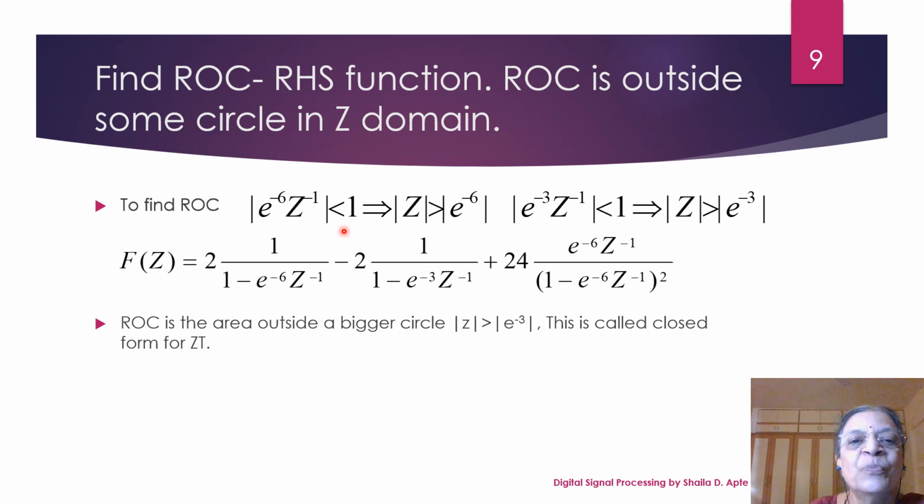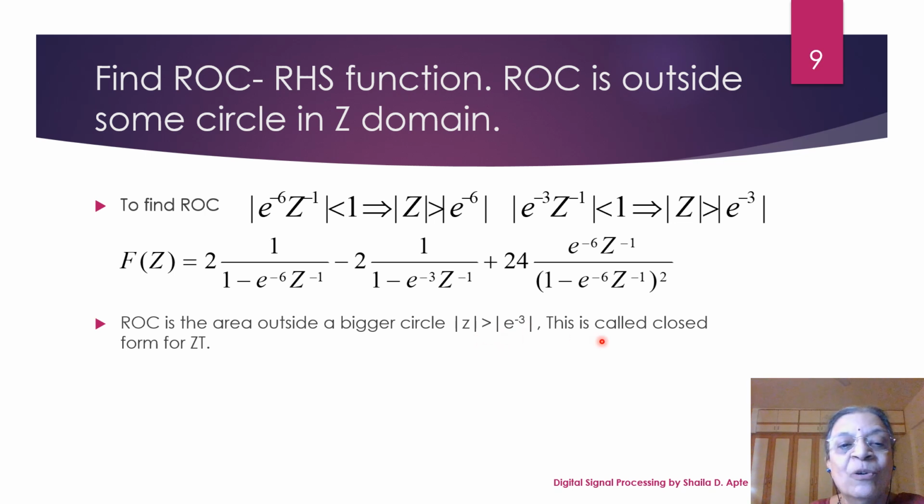Now when the corresponding function exists for n greater than or equal to 0, we can find out what the ROC will be. Whatever is inside the bracket in the denominator, we have to put its mod less than 1 to find the ROC. So this indicates that mod z should be greater than e raised to minus 6. For this term it should be mod z greater than e raised to minus 3. So whichever circle is farthest, having the bigger radius, that is